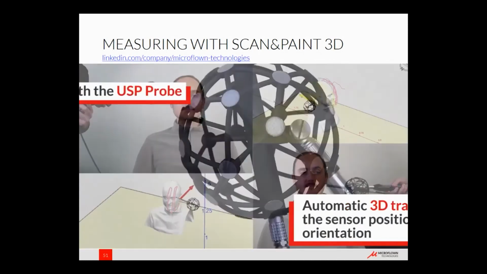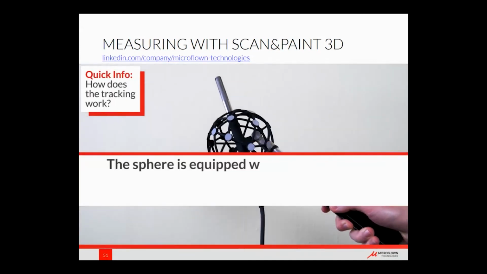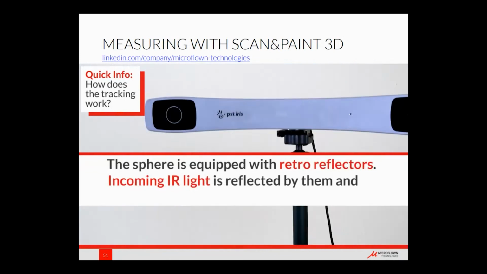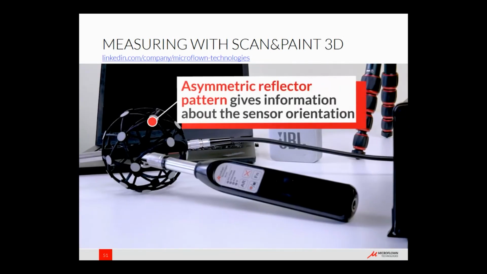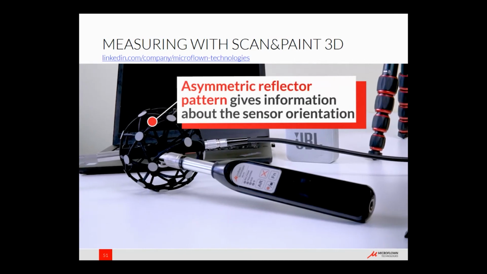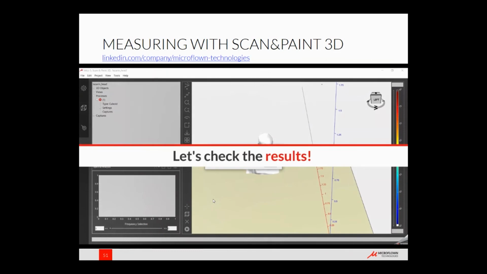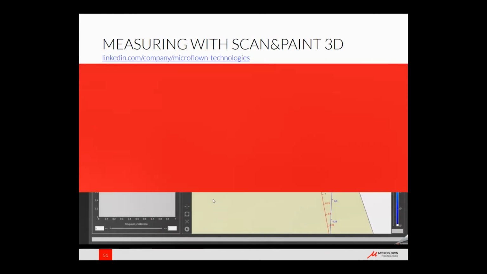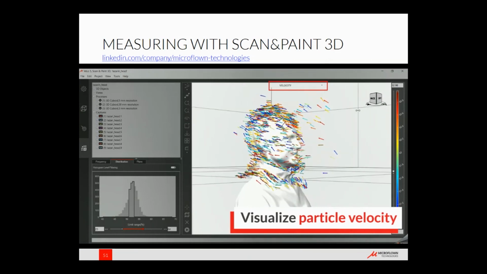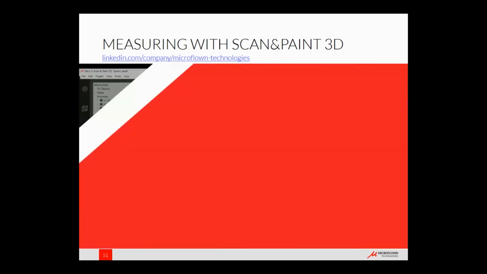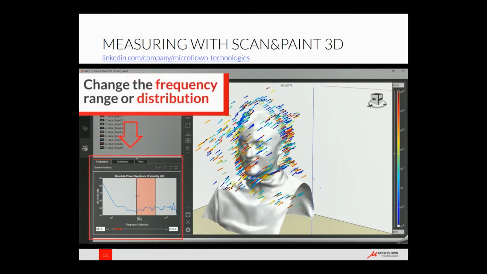We use an automatic tracking system based on a stereo infrared camera combined with a sphere with IR markers with a unique pattern that can track the position and orientation in real time. We can scan around an object, and there's an automatic link between the real object and the 3D model, and we can easily visualize,